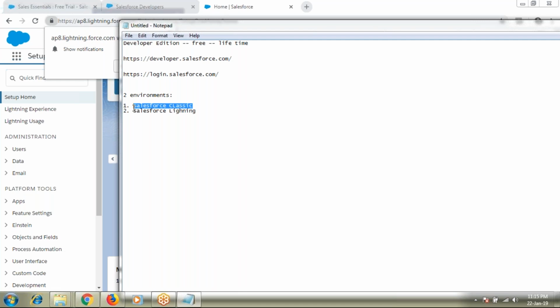And then in the early part of 2017, Salesforce came up with a new environment, which has an improved user interface, improved performance, improved look and feel, and is more user friendly than Classic. It is called Salesforce Lightning. Salesforce Lightning is an advanced environment compared to Salesforce Classic. So these are your two different environments, two different instances.